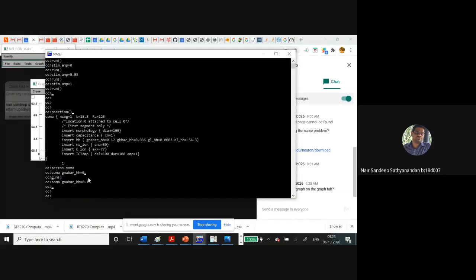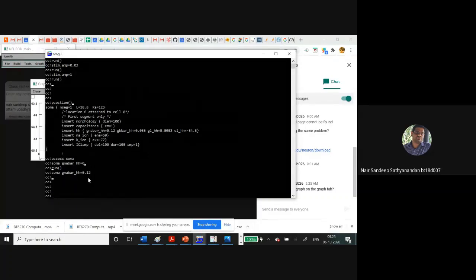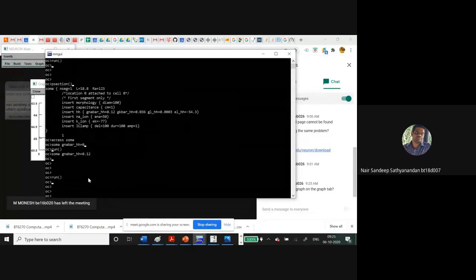Okay, so as a next step, we will create dendrites. So what is the first step that I need to do? I need to attach dendrites to the soma. So maybe one of you can help me out with what are the steps required to bind the dendrites to the soma.